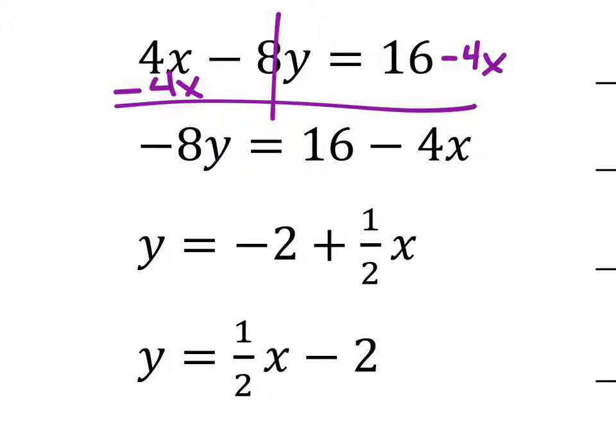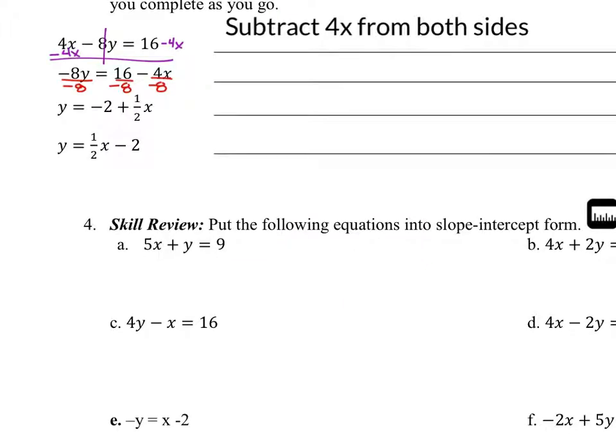And then we get this next equation. At this point, it looks like they divided everywhere by the coefficient of y, which was negative 8. And so now we'll specify that. Divide all terms by the coefficient